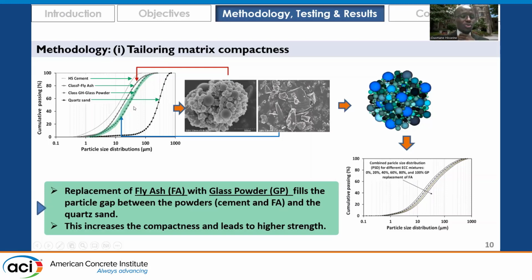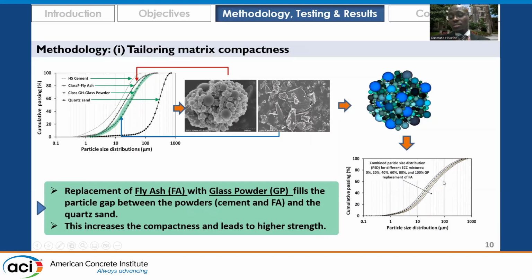So the compactness was enhanced through replacement of the fly ash. It's here in the SHCC formulation. We have the sand, we have ground glass, we have fly ash, and we have cement here. So we replaced fly ash with ground glass at increasing levels, and this enables filling the particle gap. You can see here that in these particle size distribution curves there is a particle gap existing between the sand from one side and the cementitious material from the other side. And by replacing fly ash with ground glass, we were able to fill this particle gap and lead to higher